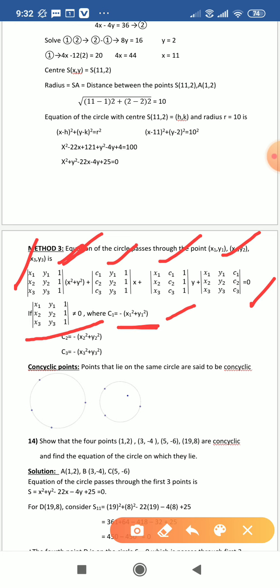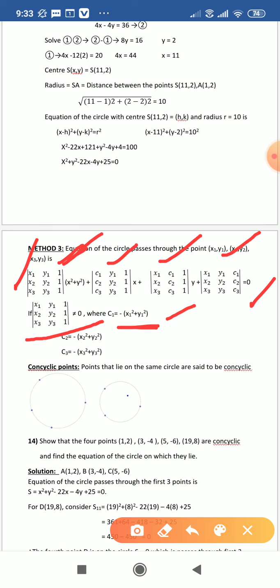Already you found two methods for this problem. For these points, the first determinant is 0. So don't use this method for the above problem, because the first determinant is 0 for it. This method is only applicable if the first determinant is not equal to 0. Okay. Try another problem by using this method.